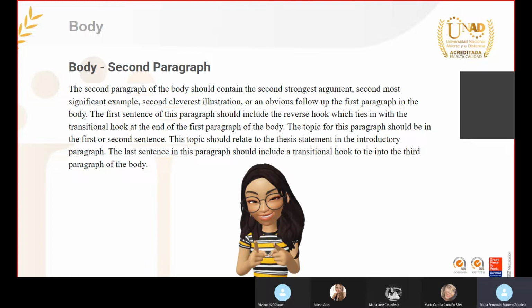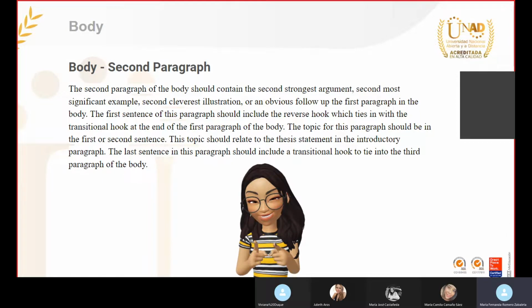The first one, the static setting description, the second one, the dynamic setting description, and the third one is the description of a person. So what is recommended, if you have three arguments to discuss your main idea, your main topic, that in this case, if we remember, is the use of imagery that Paul